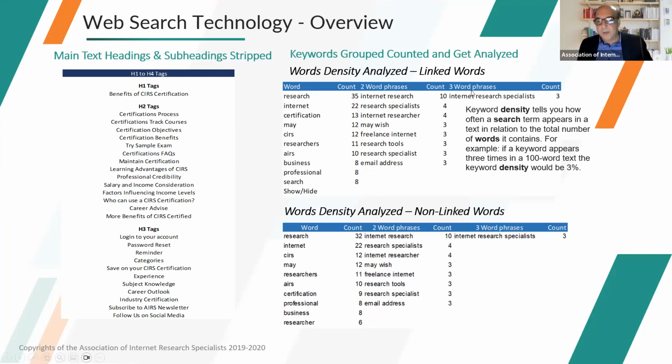So up till we did our own simulation, we found that it is also looking at the combination of 3 words and the frequency in which it is occurring on that page. So 3 words, internet research specialist, for instance, a count is 3. 2 words, internet research, count is 10. And so the sequence is shown with the hierarchy of what has more density or more occurrences.